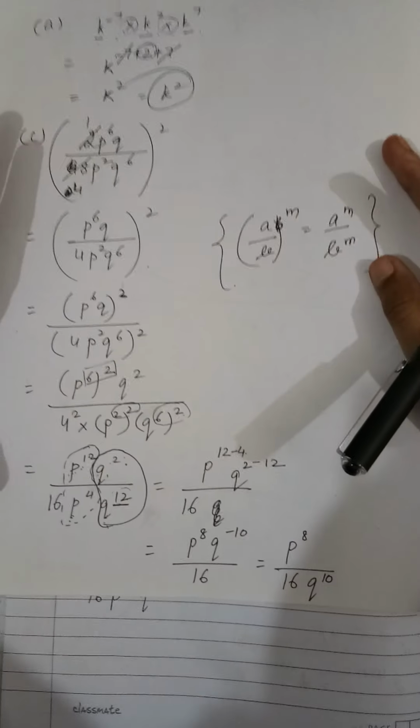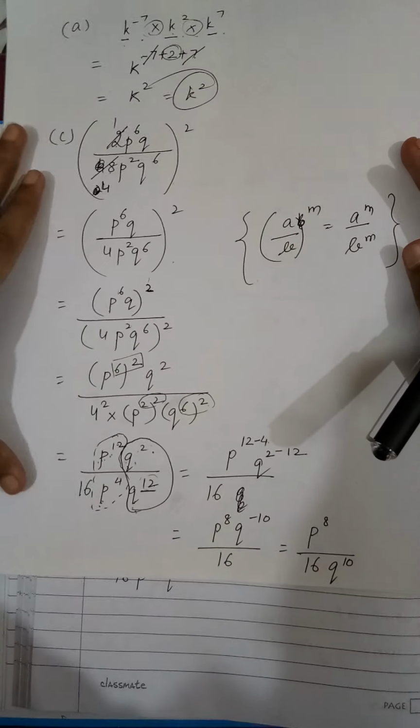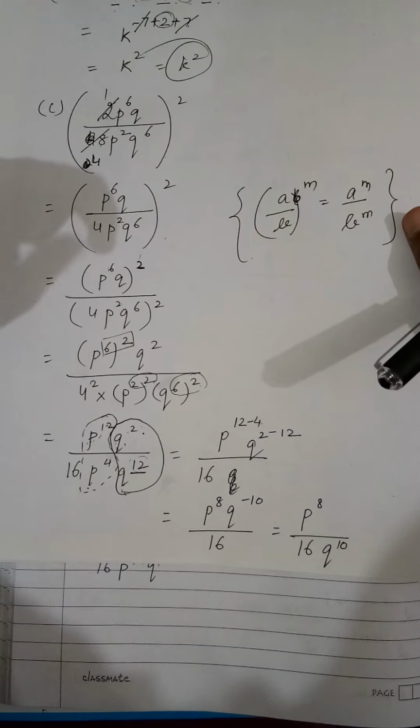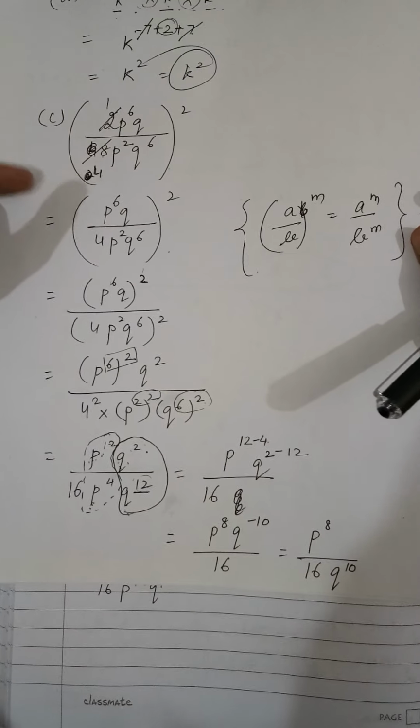It must be tricky for you, so if you want to understand, please rewind the video. You will be able to understand. Whatever step you are not able to understand, you can rewind the video at that point, and then you can see this video again. Now let's move to D part.